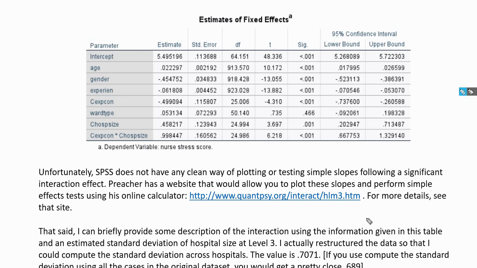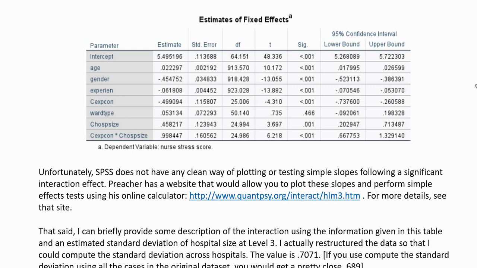And in the PowerPoint, I do include a link to that. It's towards the end of the PowerPoint. But that said, I know oftentimes people would like to hear a little bit more of the story, or maybe not. I don't know. But at any rate, what I did do was use an approach to compute the simple slopes for the effect of the experimental condition variable on the ward level stress at different levels of